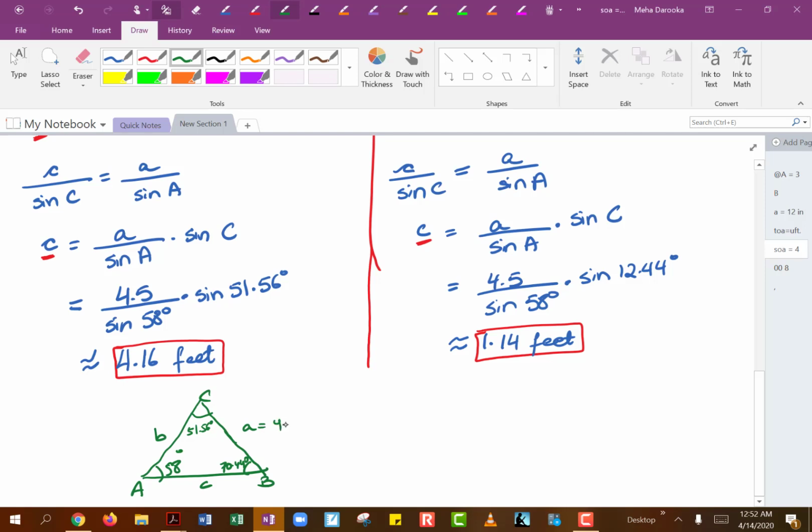Side A was 4.5 feet, side B was 5 feet, and side C came out to be 4.16 feet, whereas on the other side,